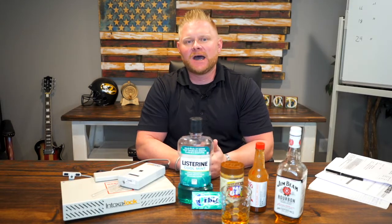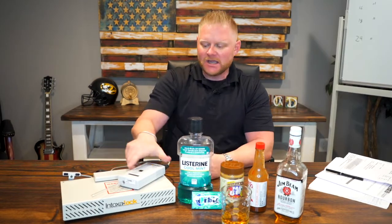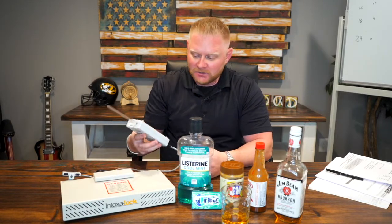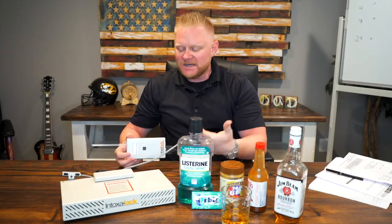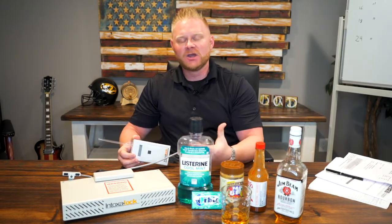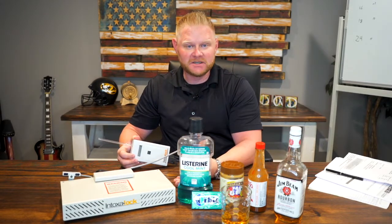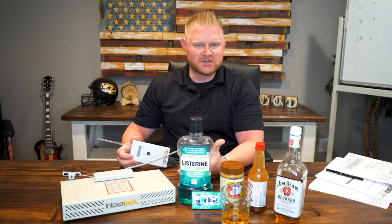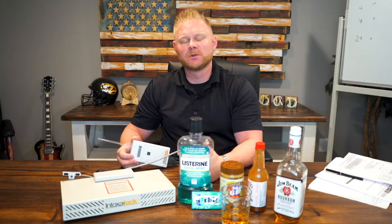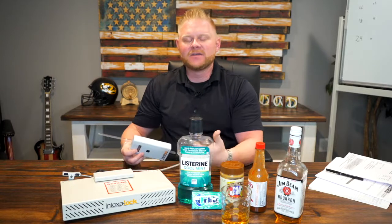Today I wanted to talk to you guys about some theories of how to trip an ignition interlock device. As you're seeing here, this is a real sample of an ignition interlock device. Obviously this is not plugged in, but this is a measure of your blood alcohol content, which people are required to put on their vehicles after a DUI or subsequent offense. If you read a certain blood alcohol content, then this device that you blow into will not start the